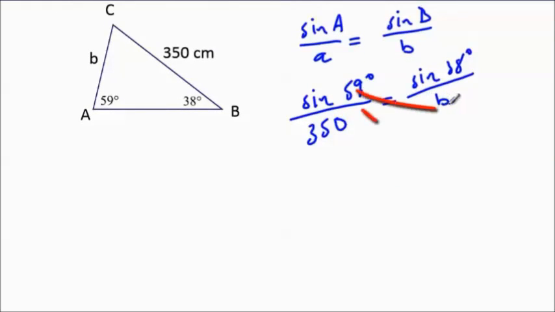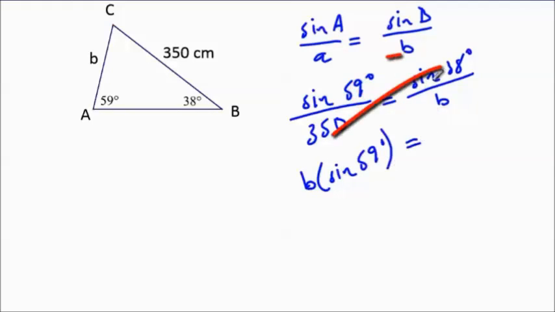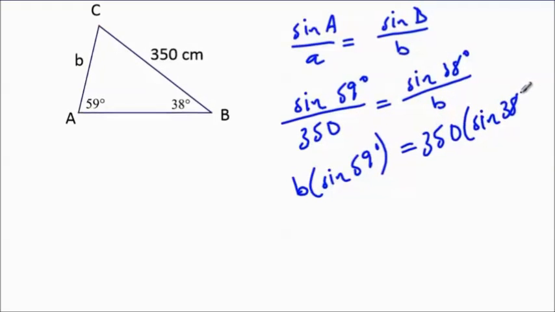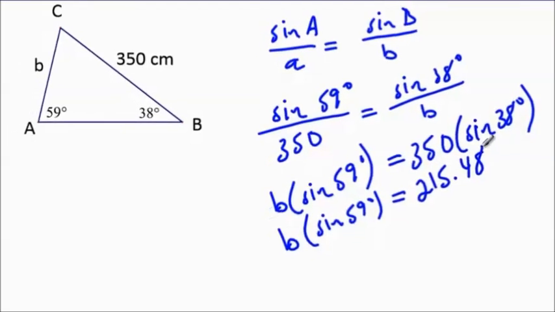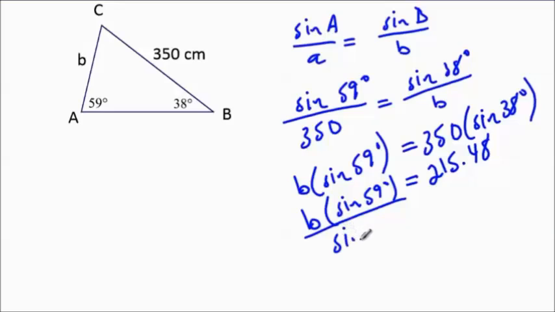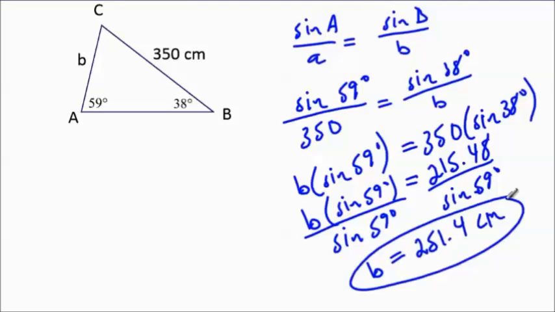So multiplying this way, I get B times the sine of 59 degrees, and then multiplying this way, I get 350 times the sine of 38 degrees. Now using a calculator, I'll figure out the right side. So B times the sine of 59 has to equal 215.48. And then I will divide both sides by the sine of 59 to get B by itself. So B then equals 251.4. Okay, so again, law of sines, the sine of an angle divided by the side across from it equals the sine of another angle divided by